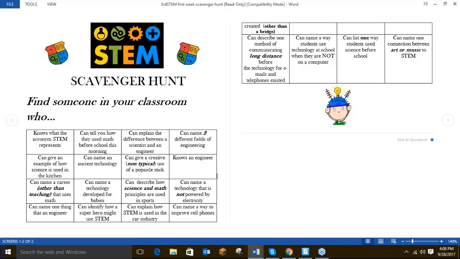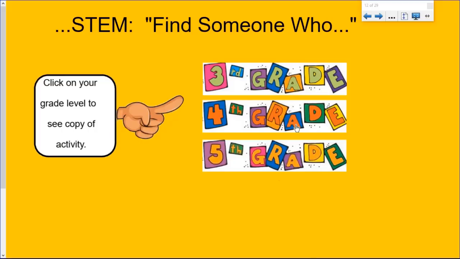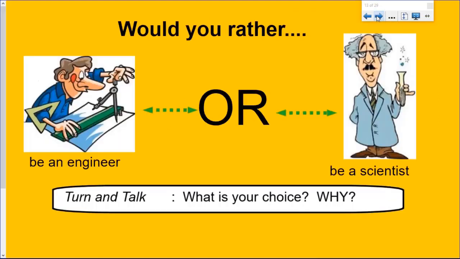They can name an ancient technology, or know an engineer, and so they just go around the room getting to know each other this way, and it helps us understand what they know about STEM. It's a little differentiated for 4th and 5th grade, just in the questioning of it. And then we go into the piece,